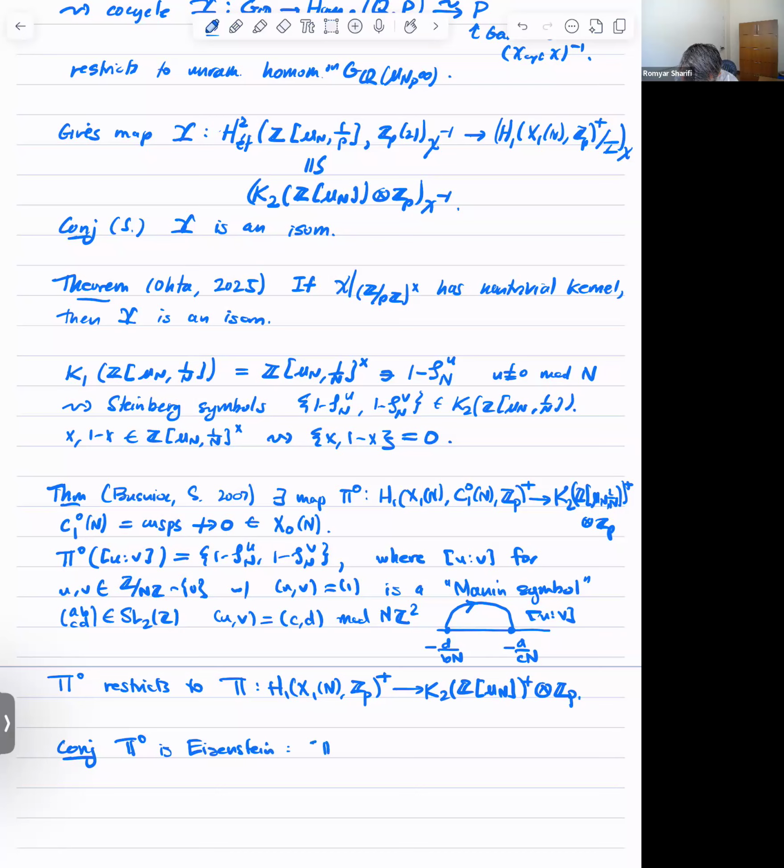In other words, pi naught composed with t, or maybe pi naught of tx equals 0 for all t in the Eisenstein ideal and x in the homology. Okay, so in other words, yeah. So the theorem of Fukai and Kato